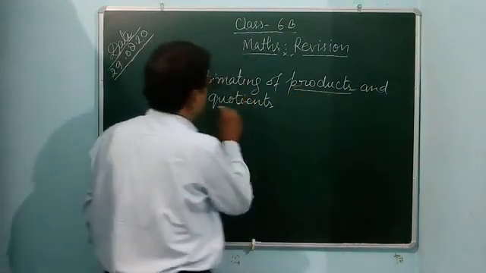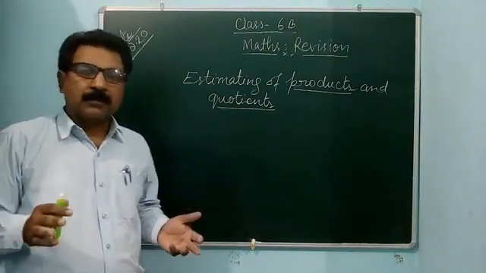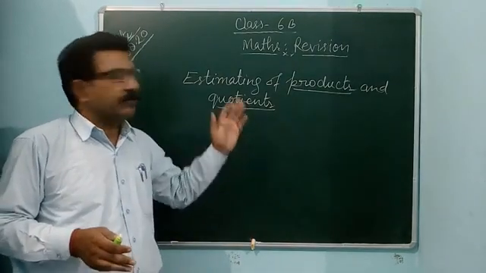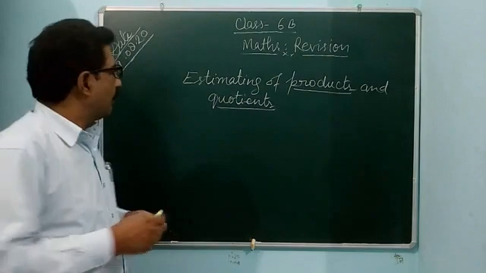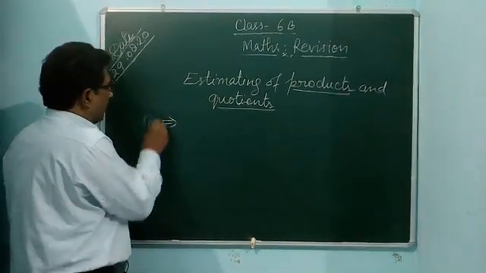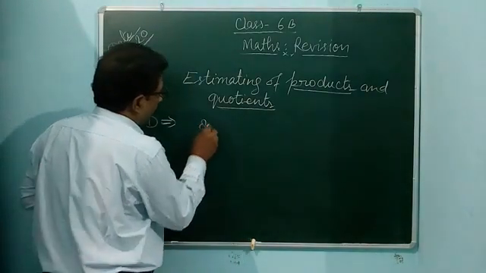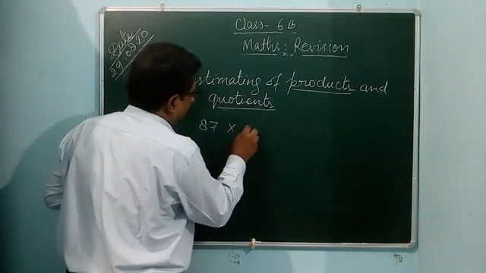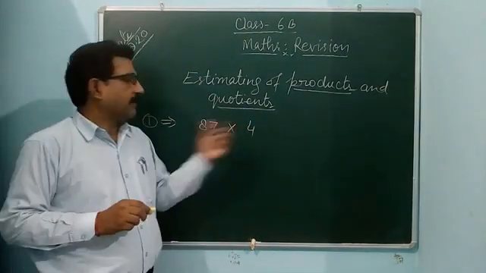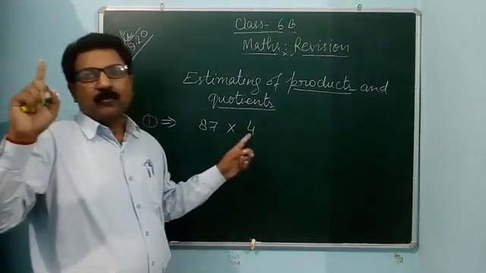Estimating products and quotients. So dear students, like sums and differences, products and quotients are something different. See, for example, first find out the product of 87 multiplied by 4. If the number is only a single digit,